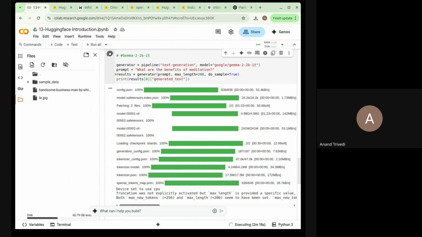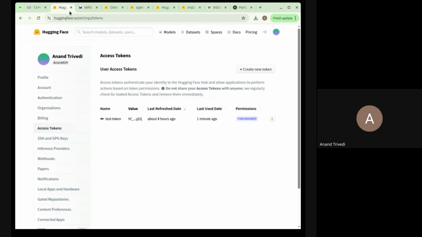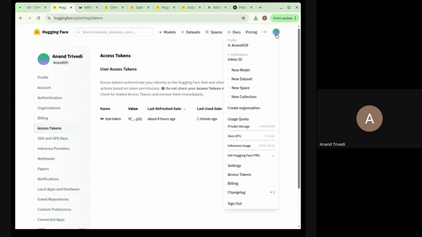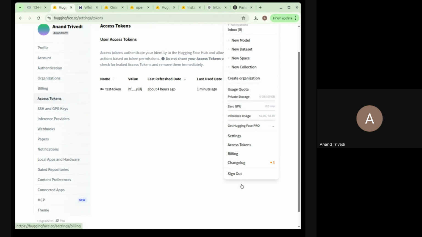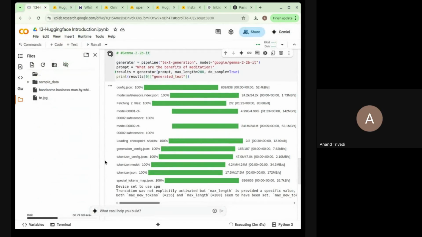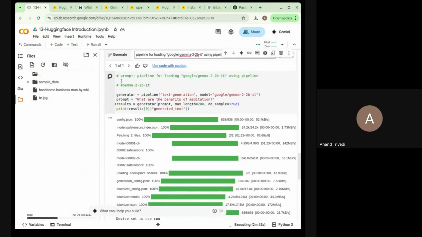Or if you want to fine-tune on Hugging Face, there are some free credits for fine-tuning, but then either you fine-tune on your own machine, or you get Hugging Face Pro, where there is GPU you can use. Some of the models like Gemma 2B and 1B can be fine-tuned on the freely available